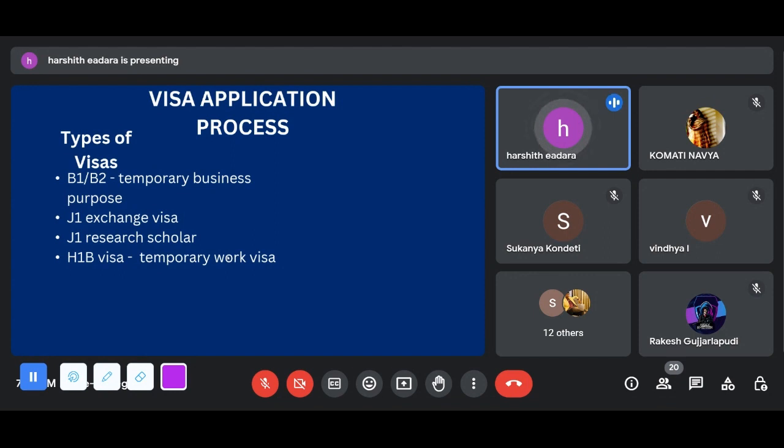Next comes the J1 exchange visa. This is an exchange worker visa. It's like an employment exchange. You go and work over there, and you come back to the country. Next comes the J1 research scholar. The J1 research scholar actually is used only for research purposes. People who go for postdoctoral research purposes need to obtain this visa, and then only they can go